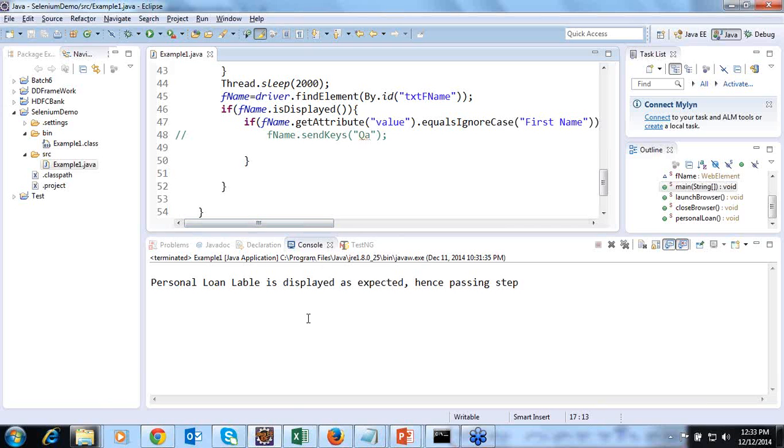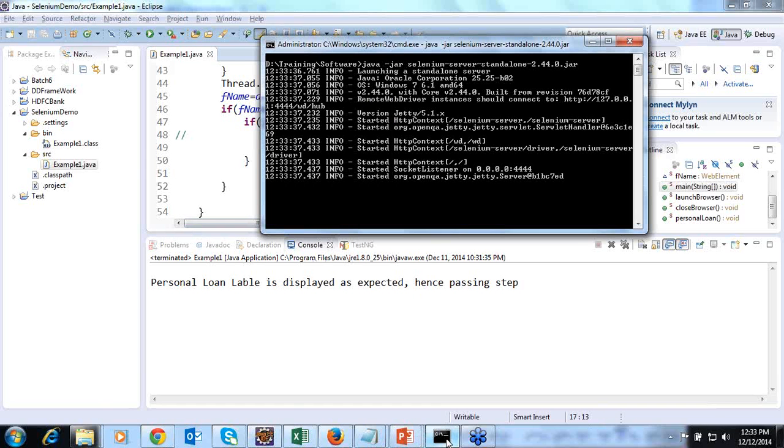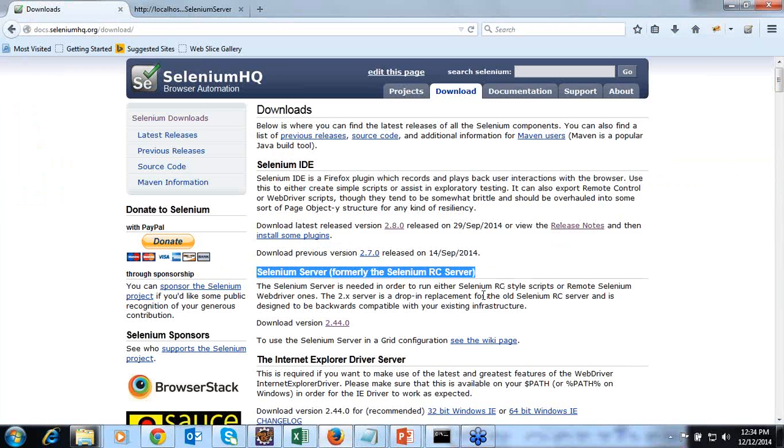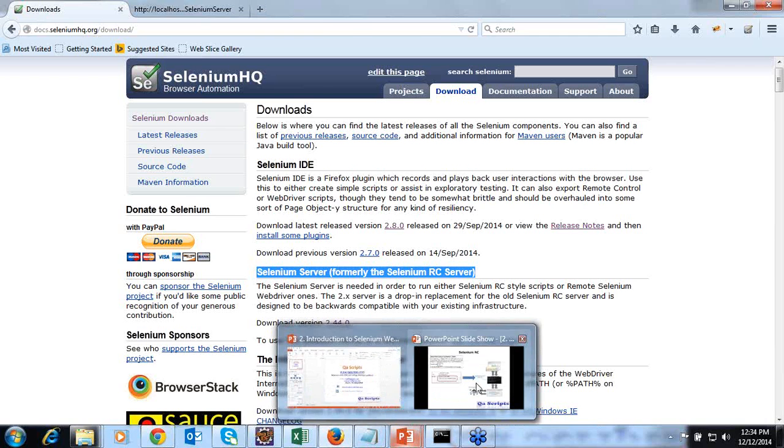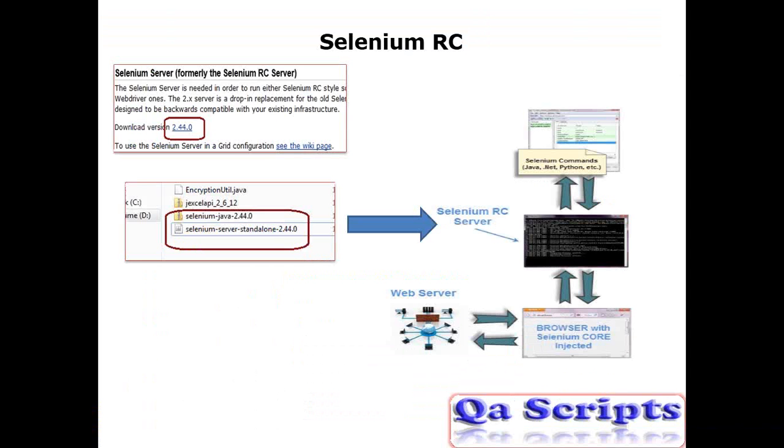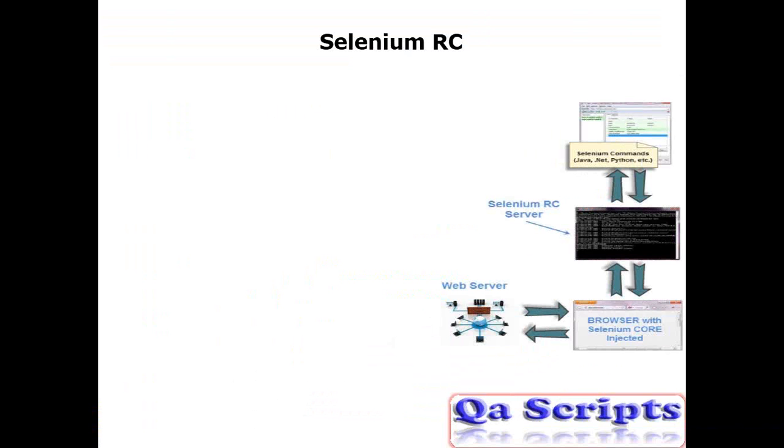This will send the Selenium command to the server. This server will convert that Selenium command into JavaScript, and the JavaScript will be sent to the browser. In that browser, the command will perform some actions such as clicking a button, entering text into an edit field, and so on. This is how we have interaction between Selenium RC commands, the browser, as well as Eclipse. Now let us try to understand how exactly this happens technically.